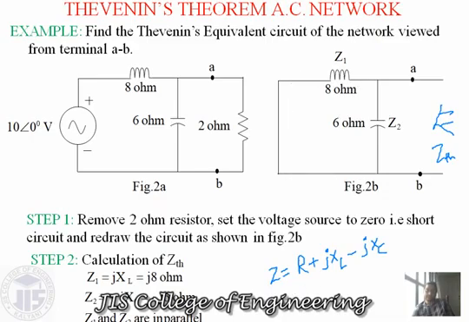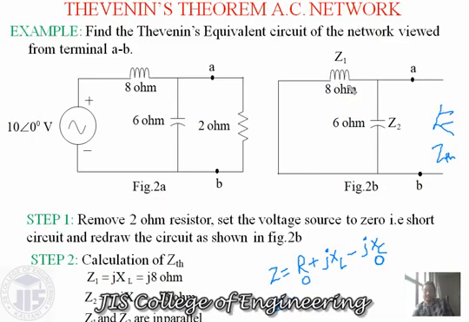So Z1 is written as: R is equal to 0, and obviously there is no more XC in this particular path, there is no C, so this XC value is 0, so this term is 0, and JXL, the XL value, this 8 ohm value